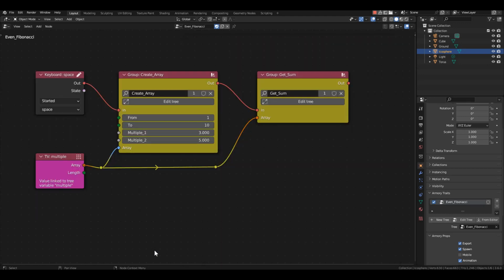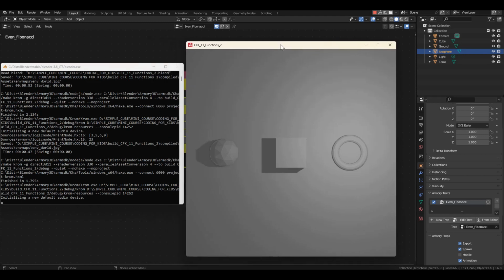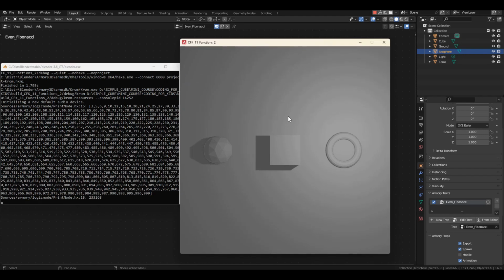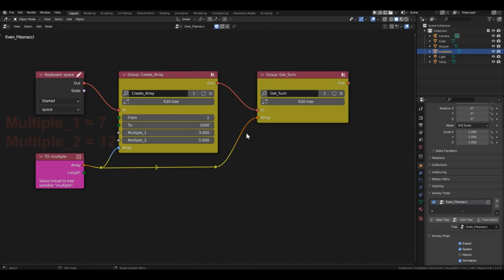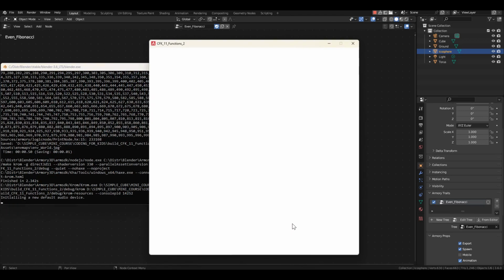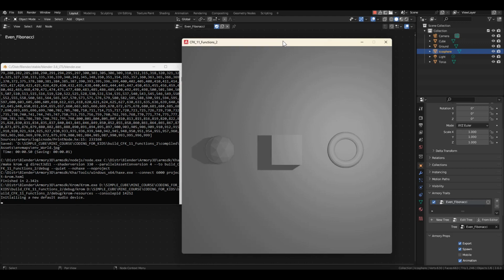Excellent. Now we have the ability to call the function with any parameters. Let's increase the range of values to 1000. Now in the console, we see a huge array and the sum of all elements divisible by 3 and 5, 233,168. Let's change the divisibility test, for example, to 7 and 12. We get